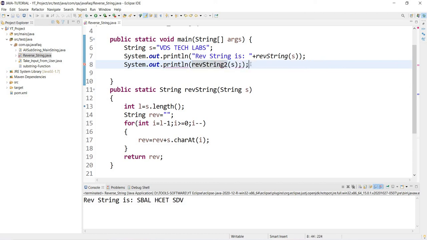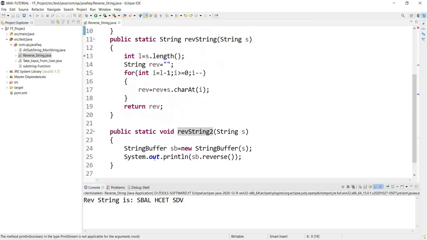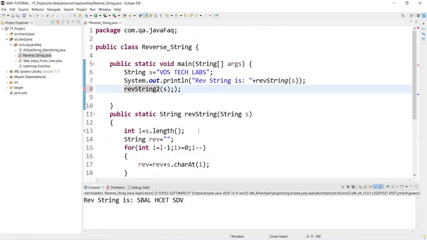So why am I printing this one again, because I have already taken System.out.println here, so there is no need for this one, and remove this one. And if I want to take another string, I can take.